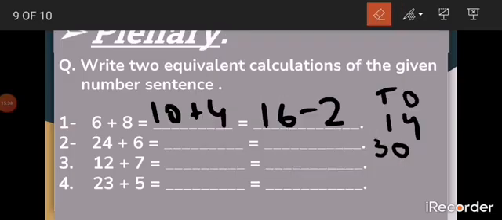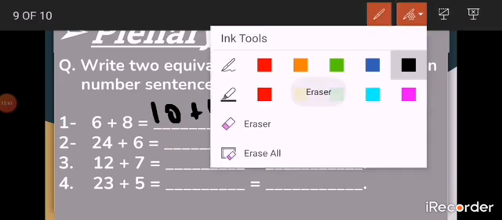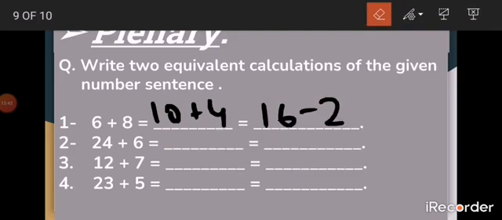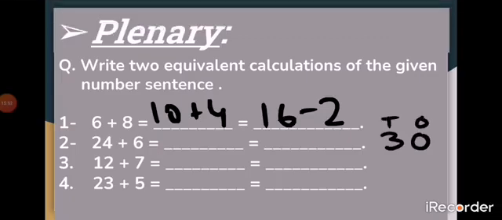It's not neat. I will write it again. I will erase this rough work and I'm writing 30 here. And I'm putting ones on 0 and tens on 3. Now, our value is 30 and we have to find the other calculations. So it's the tens, 3 tens or 30. Can you make any calculations?